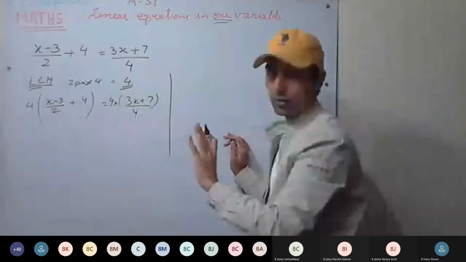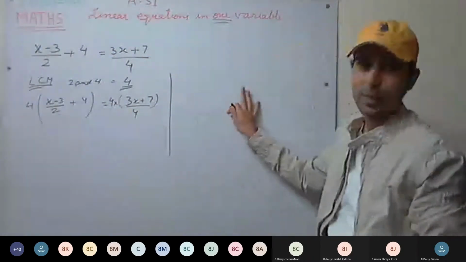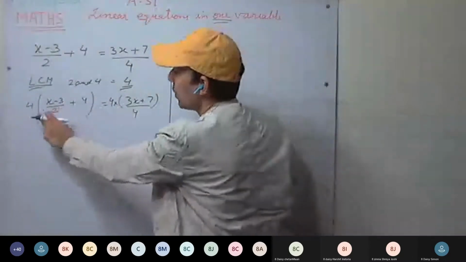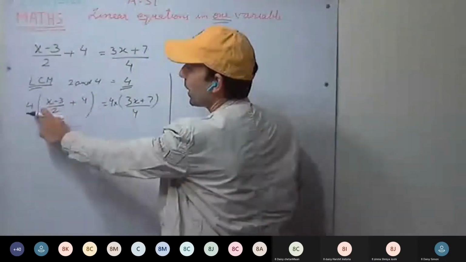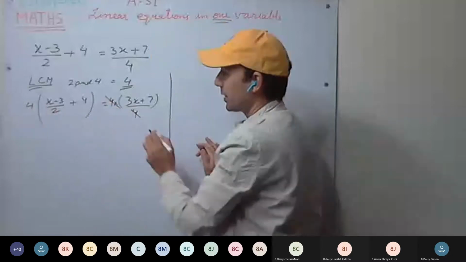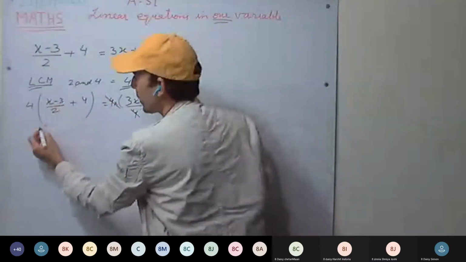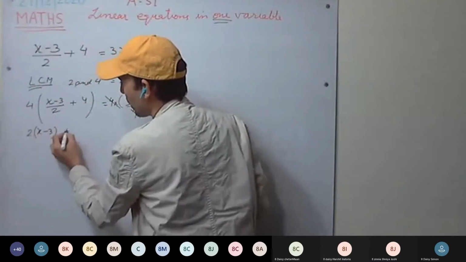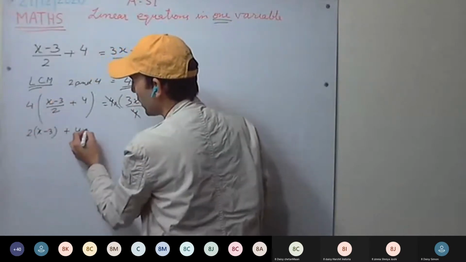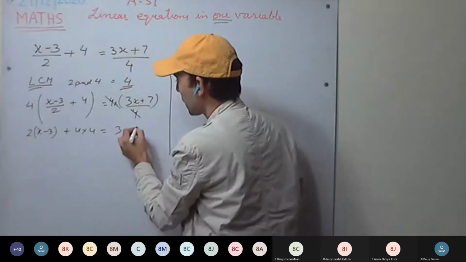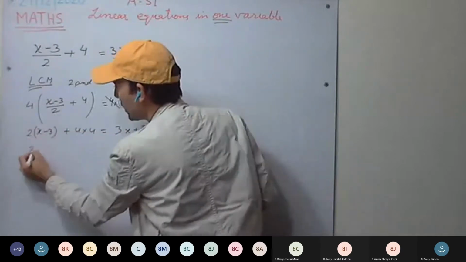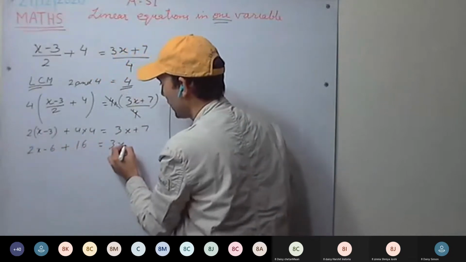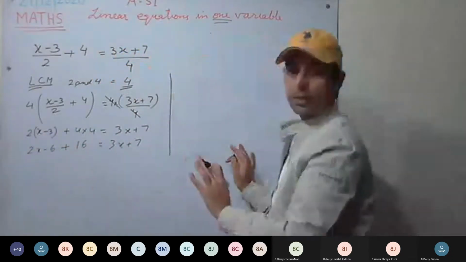Okay. Two methods I'll be telling. One method, see here. Mainly the second method we'll be using. Okay. See here now. This is fine. We have multiplied by 4 on both sides. Right hand side will get cancelled. Left hand side, open the bracket. So we'll be having (x minus 3) into 2 plus 4 into 4 equal to 3x plus 7. So it will be 2x minus 6 plus 16 equal to 3x plus 7. Further you can solve.